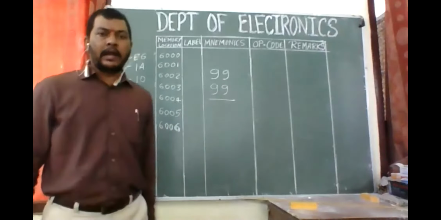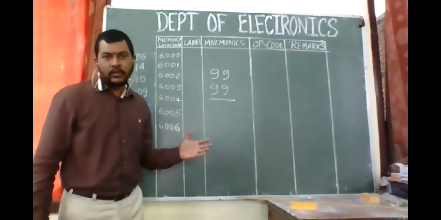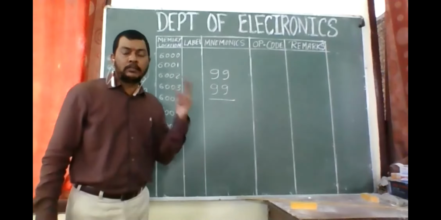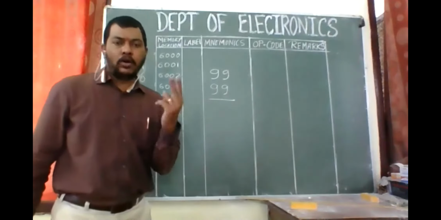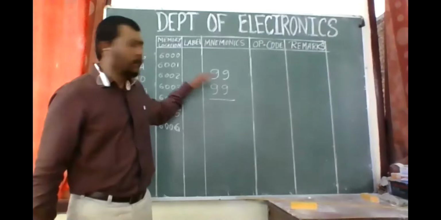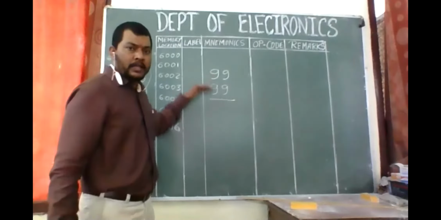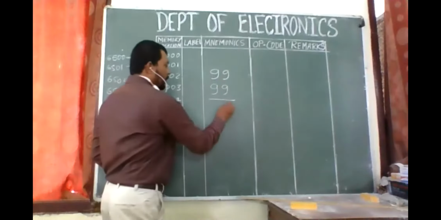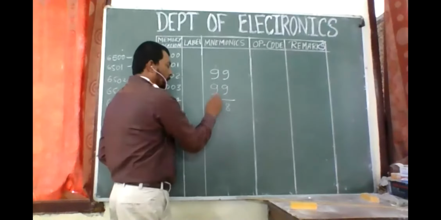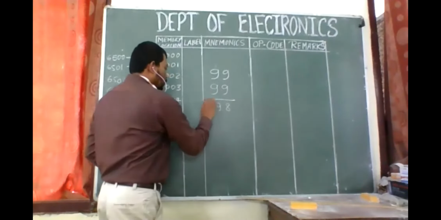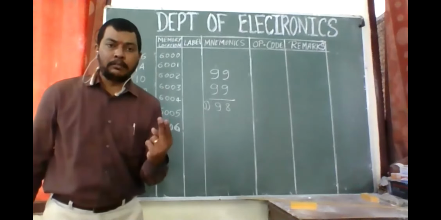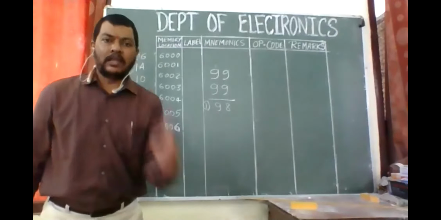अगर मैं इन दोनों को ऐड करता हूं तो क्या आंसर आता है? Am I clear? We are having 2 maximum number of decimal, 2 bit maximum number of decimal, है ना? ये 99 is the biggest number, 2 bit, बराबर. So if I add both maximum numbers तो क्या होगा? So 99, 18 का 8, 1 carry, 1, 9, 10 और 99 और 1 carry. So even if you add 2 maximum numbers, 2 bit maximum numbers, we have only 1 carry.